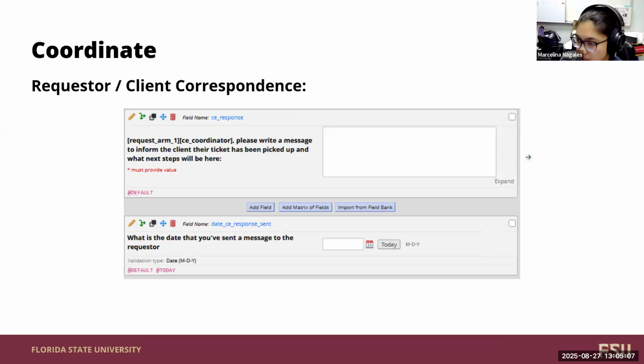So the next part of the form is where the requester / client is corresponded with the coordinator. This auto fills out depending on the coordinator that gets selected. And what we wanted to do for this is make sure that this message only got sent out once to the requester or client. I'll talk about this more when we get into action tags, but once you fill this out